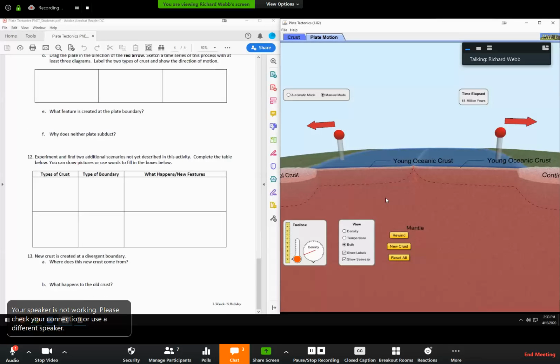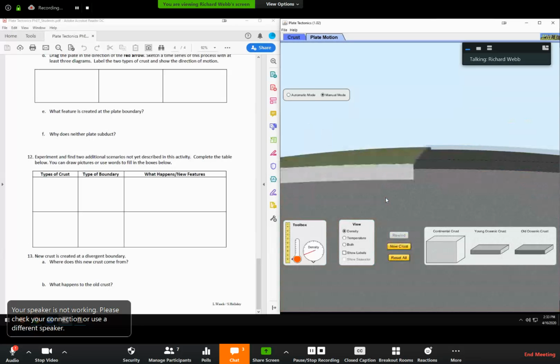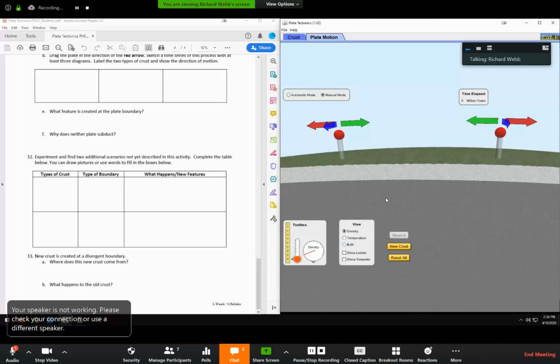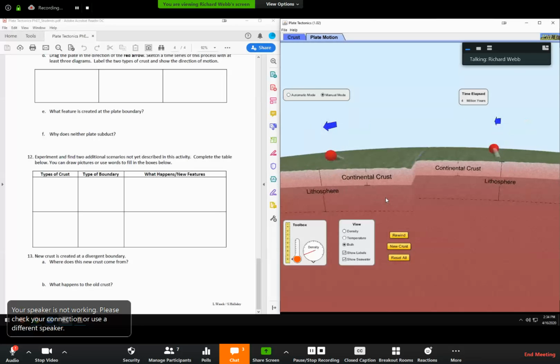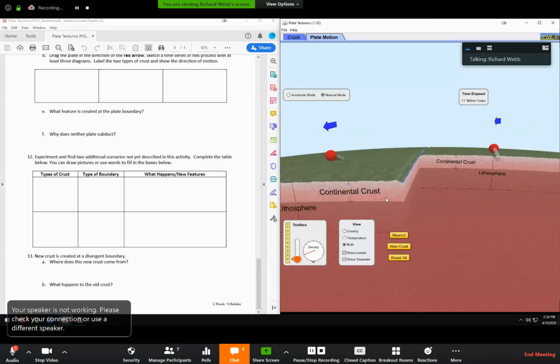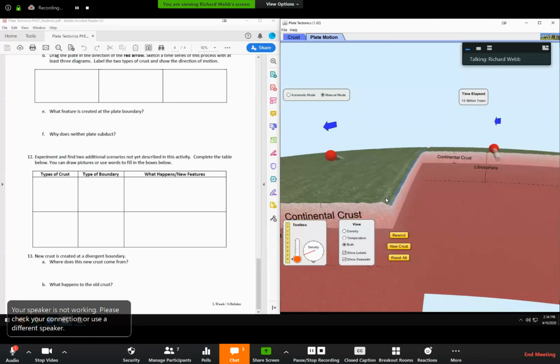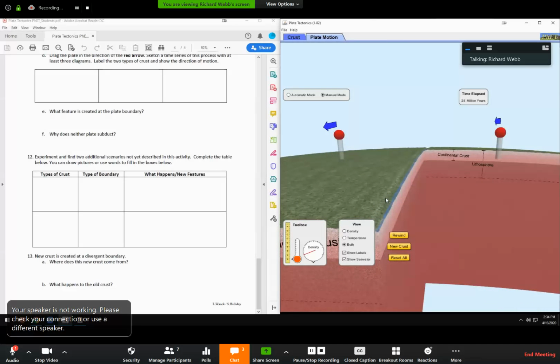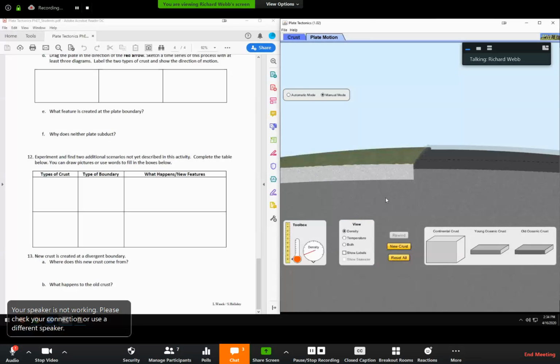And now we're almost to the end. You see, this is the last page. You have to do 2 other scenarios. So for instance, one scenario would be I do it like this, but I'm going to pull it this way. So we have sliding in the blue direction and describe what happens, what type of boundary it is. Another option that I like is